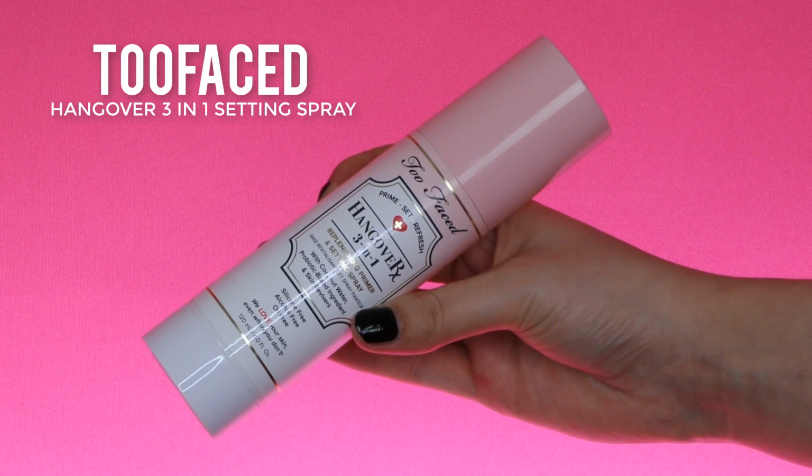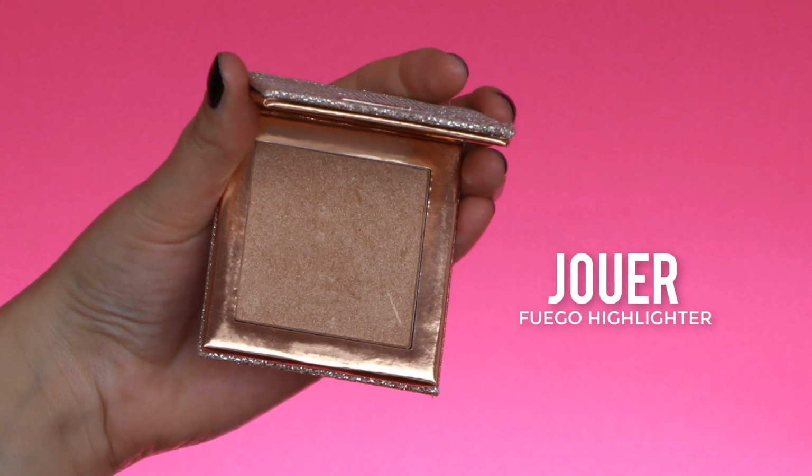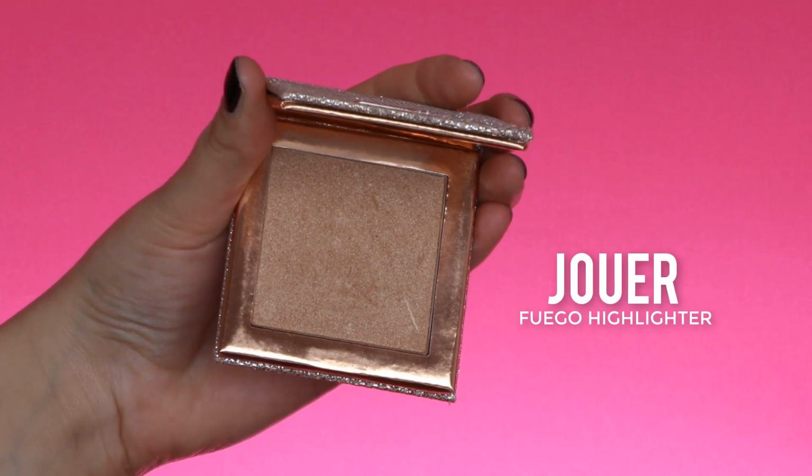And then I'm going to set my face using the Too Faced Hangover 3-in-1 spray, which is really nice. It really makes your foundation look flawless all day. I really like it. Then for my highlighter, I'm going to use the Ocher Fuego highlighter, which is one of